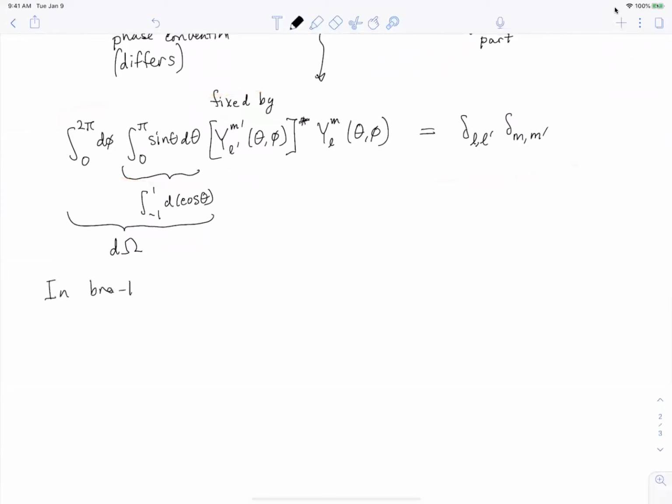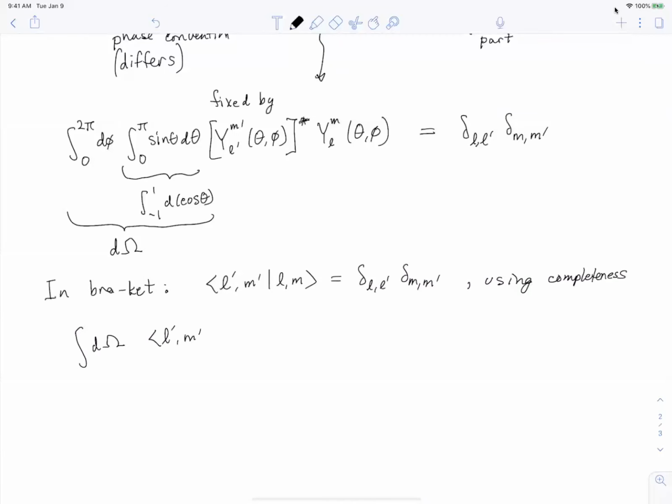And so basically what this statement means is easier to say in Bra-Ket language. In Bra-Ket language, this is equivalent to the statement that if I take the inner product of two angular momentum eigenstates, it's one if and only if they're the same state. They're the same eigenstate. Okay, and where does the theta and phi come in? That comes in from completeness. Because it's equivalent to saying that we're going to insert a complete set of states and integrate over all of them. So I do the integral d omega